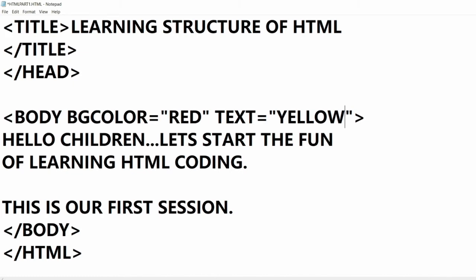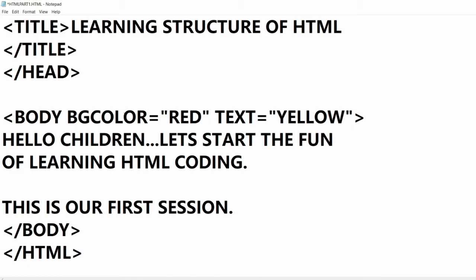Now I am setting the text color as yellow. So all the text whatever you see on the web page will be displayed by yellow color only, until and unless you use the font tag and change the font color later on. For now I have taken two attributes of body tag, that is bgcolor and text.